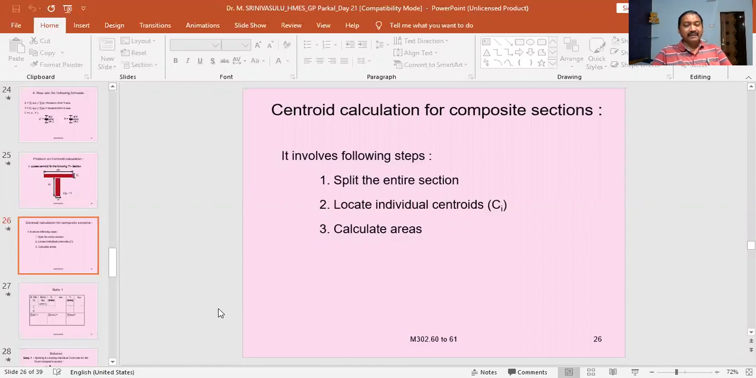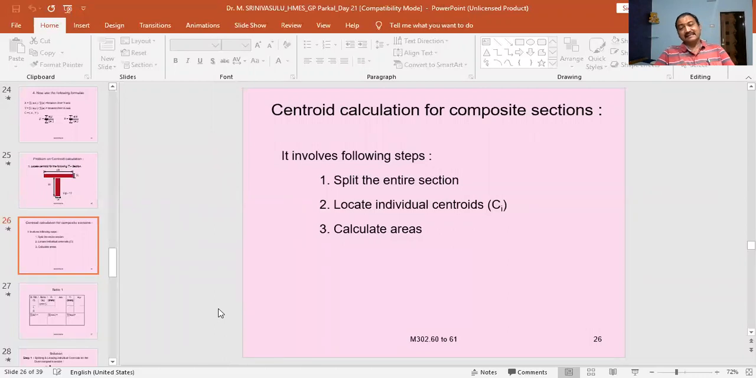So for the horizontal rectangle and the vertical rectangle, we have to locate the individual centroids from some reference axis. First we have to define the reference axis, and from that we have to find the centroids of the two rectangles. Generally, in selecting the reference axis, the bottommost edge will be taken as a reference